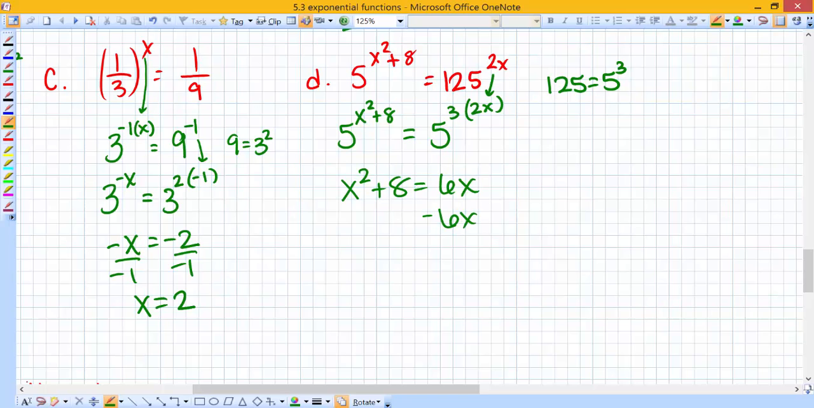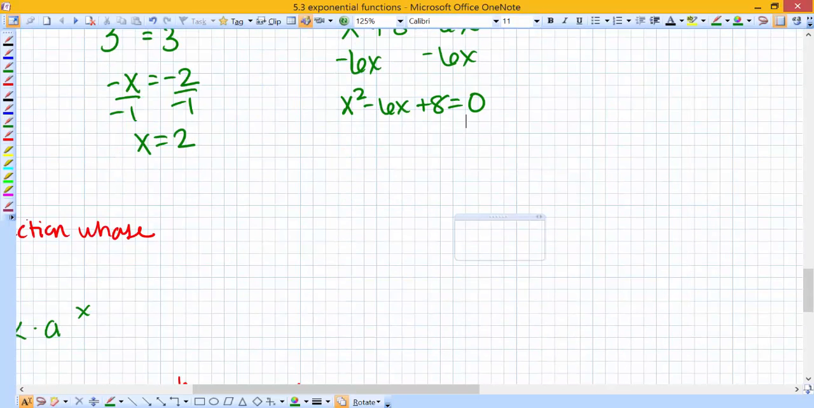Now I need to move the 6x over so I can solve for x. I need all my x's on one side. So I have x squared minus 6x plus 8 equals 0. We really need to be able to recognize now that you need to factor